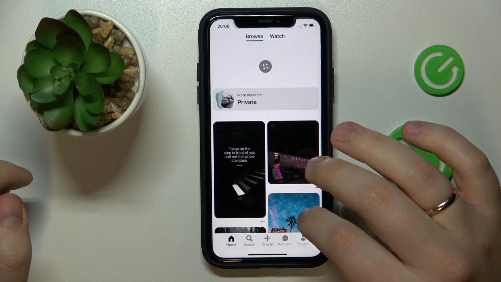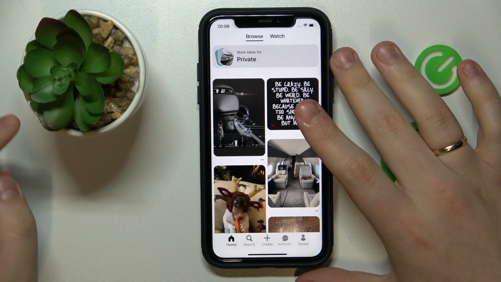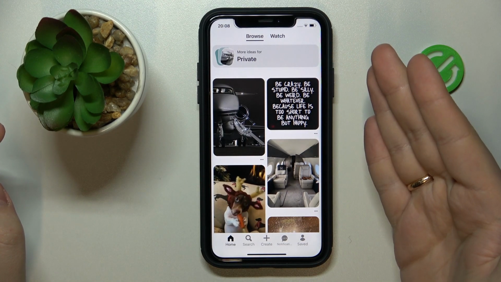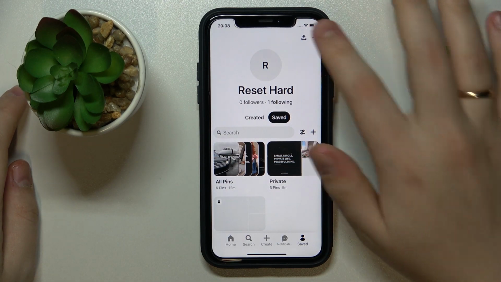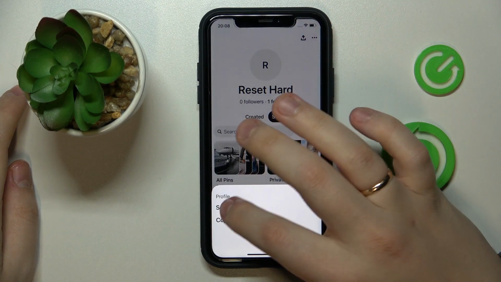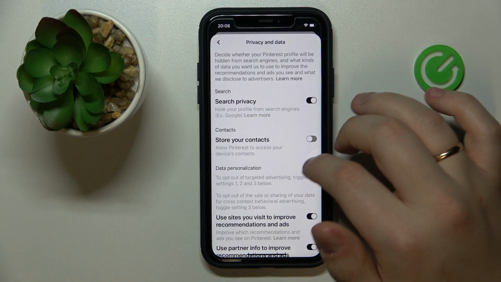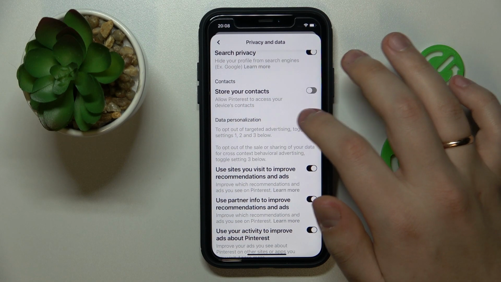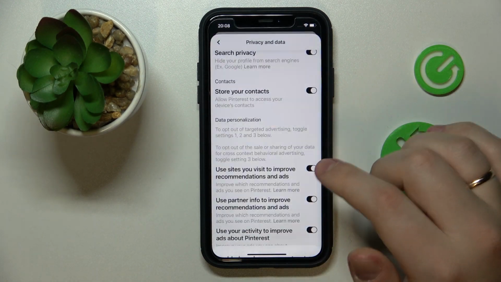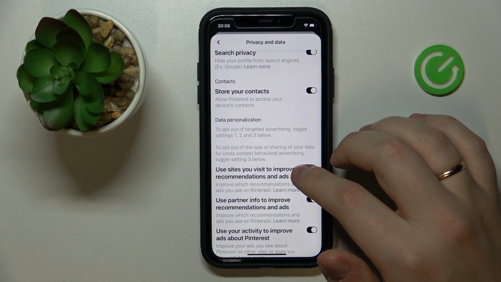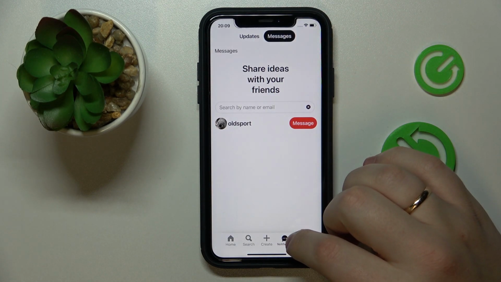But if by finding friends you meant how you can find the Pinterest accounts of the people that are in your phone's contacts list, you can do that by going into your account settings, by entering the saved section, then tapping on these three buttons, then settings. In here, go into the privacy and data category, and make sure to turn on the store your contacts toggle. Then go for the upload contacts button, and now you will be able to find all your friends'